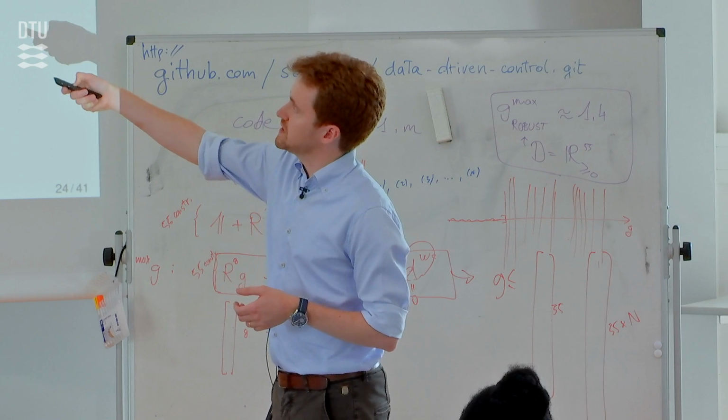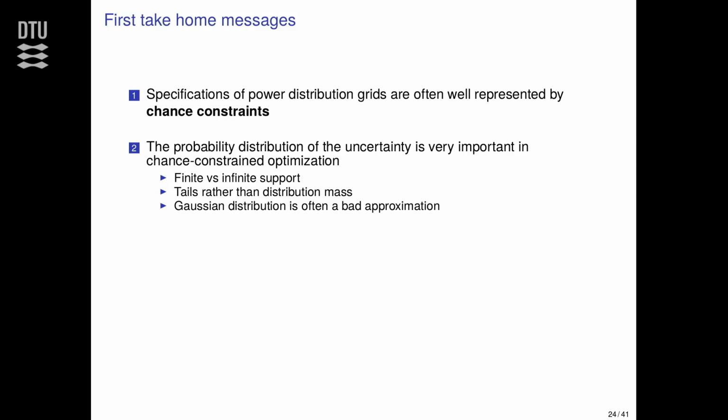And the second take-home message is that the probability distribution of the uncertainty is incredibly important. In particular, you will see when you do the Gaussian distribution, what's important is the support often of these disturbances, right? So if you know that your demand goes from this value to this value and anything in between, there's already a lot of information. If you forget this information, you say, no, I think it's Gaussian, let me just take the average and then the variance, what you're doing is that